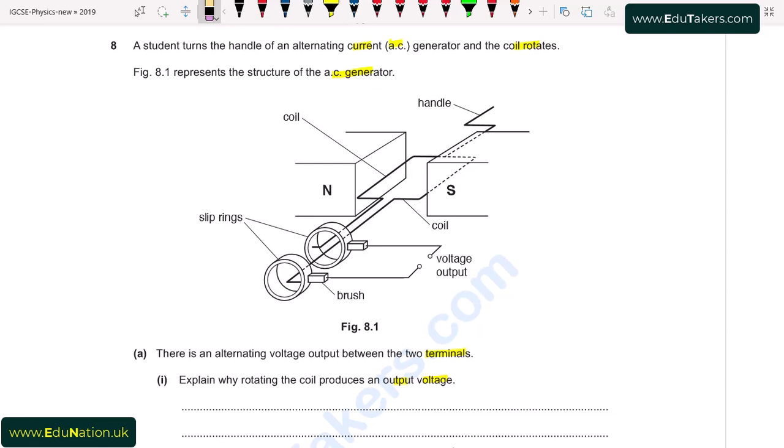When this coil moves, we can see in this position it is horizontal. So the magnetic field is always from north to south pole, and the coil is moving perpendicular to the field, and it cuts the maximum lines per second. It means that there is a maximum flux. Flux is the total number of lines. So it cuts the maximum lines per second, so there will be the maximum flux. So we can simply say that there will be the induced EMF in the coil due to the motion of this coil. I write here